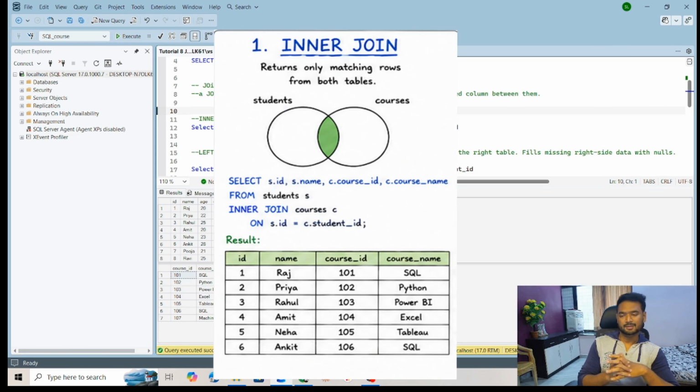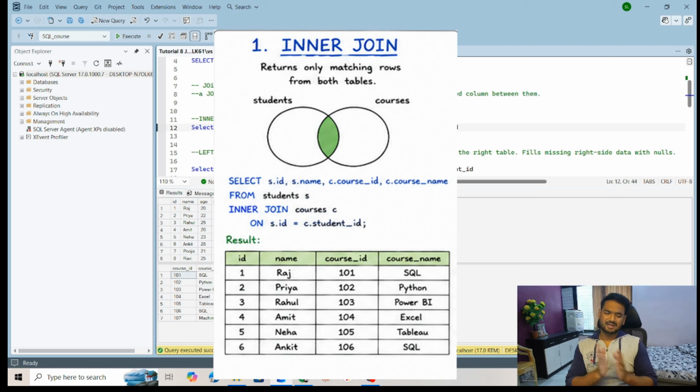यहाँ पे आपको दिख रहा होगा कि यही स्टूडेंट्स और कोर्सेज टेबल की जो मैचिंग रोज है एक तरीके से कंबाइन हो जाएगी, राइट? We can see by the Venn diagram also. एक तरीके का दो टेबल्स का इंटरसेक्शन कह लो, कि जो कंबाइन चीजें है बस वही आपको एक तरीके से इनर जॉइन में दिखेगी, that is inner join. So we will see